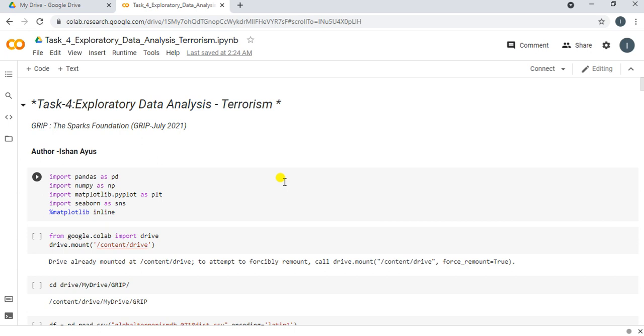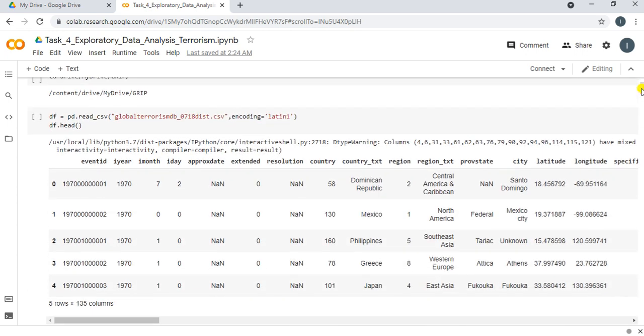So this is the code for the given problem and initially the essential libraries are imported to perform the computation. Here I have used pandas, numpy, matplotlib, seaborn for this purpose. Further, in the next line of code, the Google Drive is mounted so that the data set present in the Google Drive could be used for computation. And this is the location where my data set is present. Further, we need to load the data set. To do so, pandas read CSV is used. Further, the head function extracts the first 5 data points of the data set.